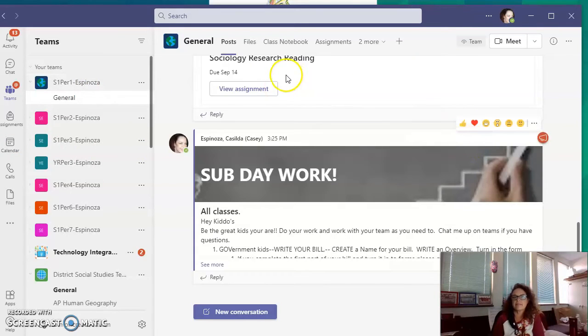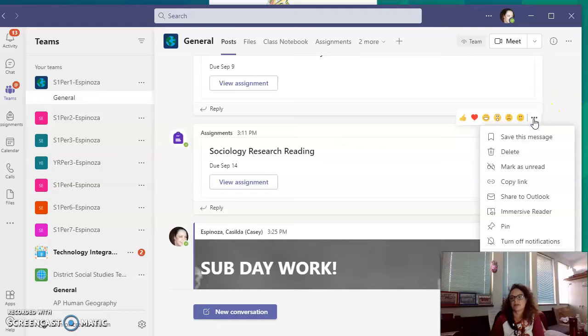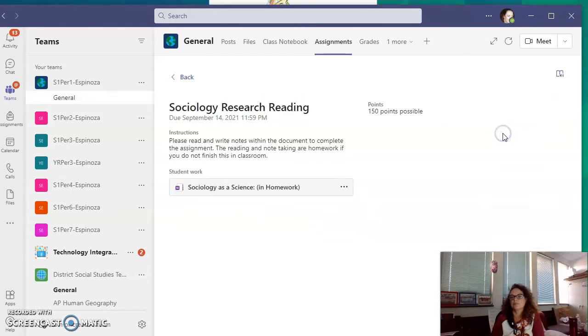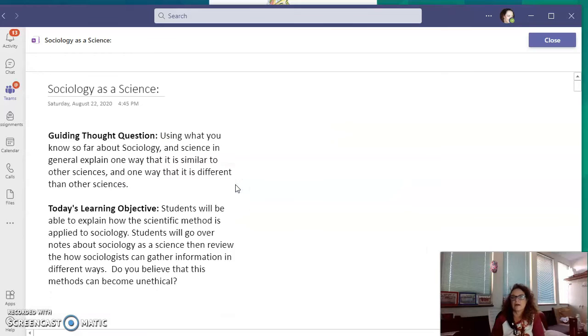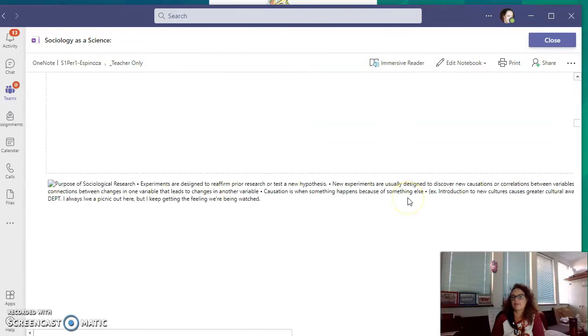Let's go to main teams. You have this research reading, and it should have the OneNote attached to it, I'm pretty sure. Let's go view assignment. Sociology kiddos, view from student view. Alright, and there it is. I did put your OneNote page there. Your OneNote page is here. This is your guiding question and your learning objective. They're all here. At the very bottom of your reading,